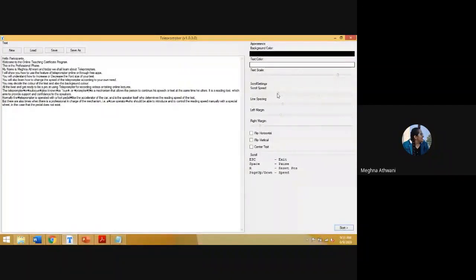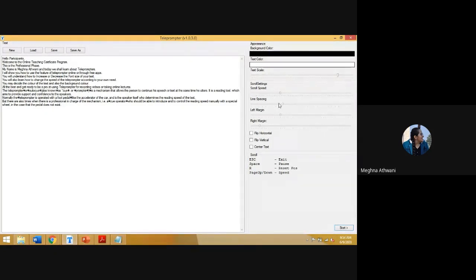See, again, there is one limitation if you would have seen in Teleprompter Mirror and MirrorScript teleprompter. In Teleprompter Mirror, you could increase and decrease the speed there itself, which is not the case in MirrorScript teleprompter. You have to decide the speed here itself. How do you know what is the right speed? You will have to play your text again and again, and then see whichever speed is suitable for you. Okay. Actually, you can change the speed. I'm sorry, there is a command, page up and down. But if you want to just fix the speed, you can do it from here.